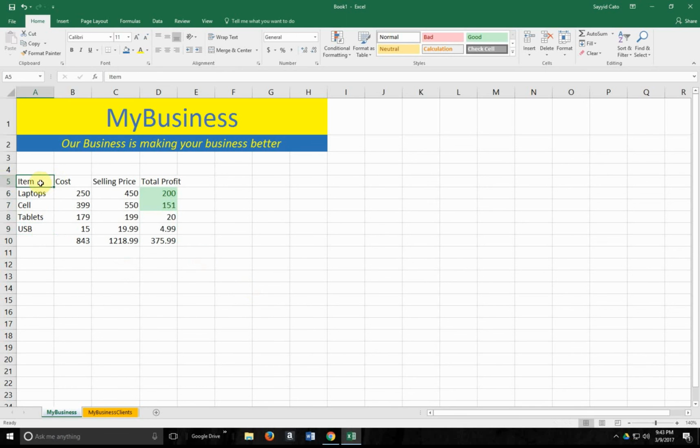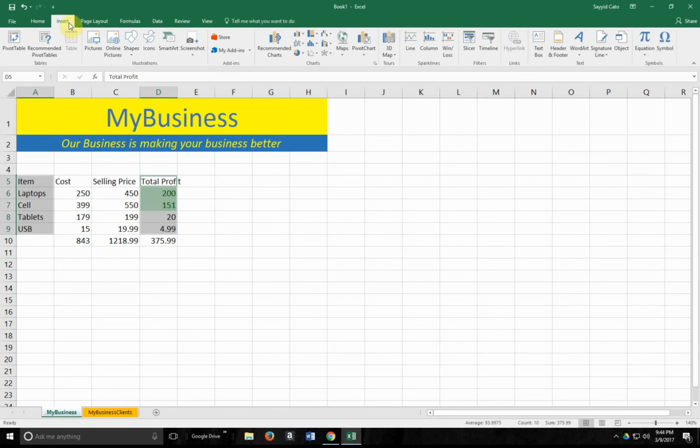If I should highlight from item to USB, and I highlight from total profit to D11, which is an empty space, I'm going to have some issues in there. So we must highlight just the cells that we want. So let's highlight from A5 to A9, for example, which is the items. And if you hold Control on your keyboard and highlight D5 to D9, which corresponds,